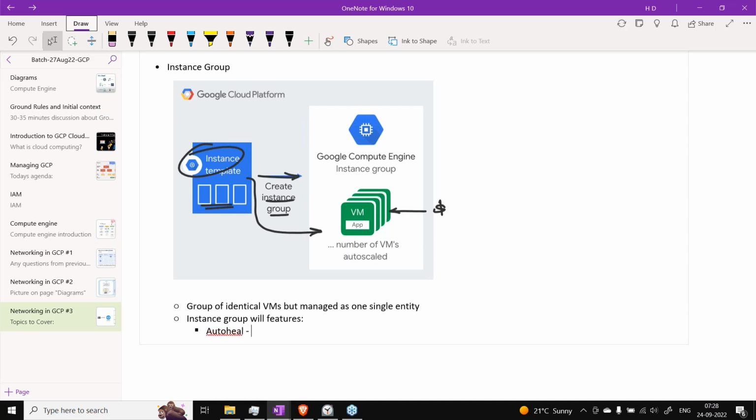Okay, so what is auto heal? Auto heal or self healing? Both are the same. Sorry, self healing. Okay, so what auto heal or self healing means is, let's say in a simple example,